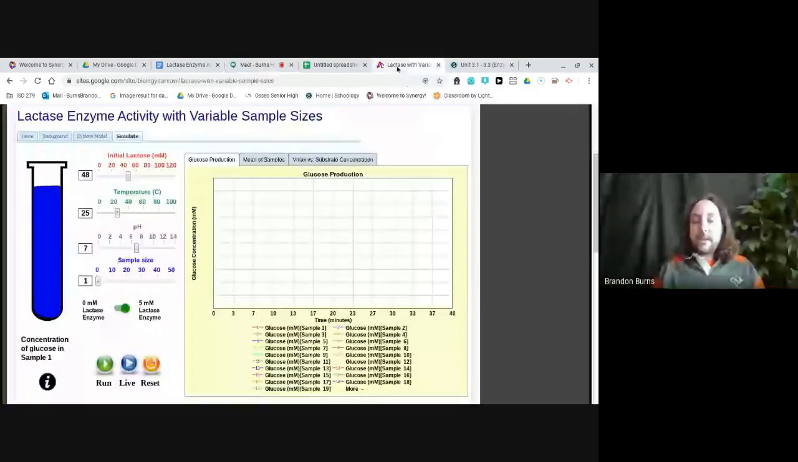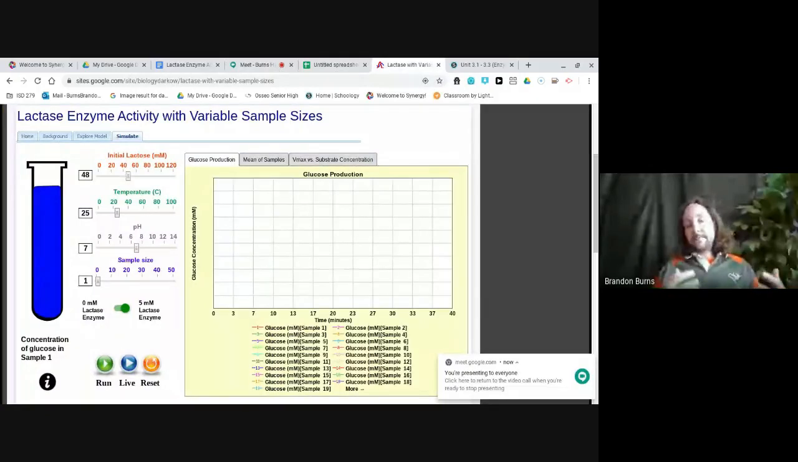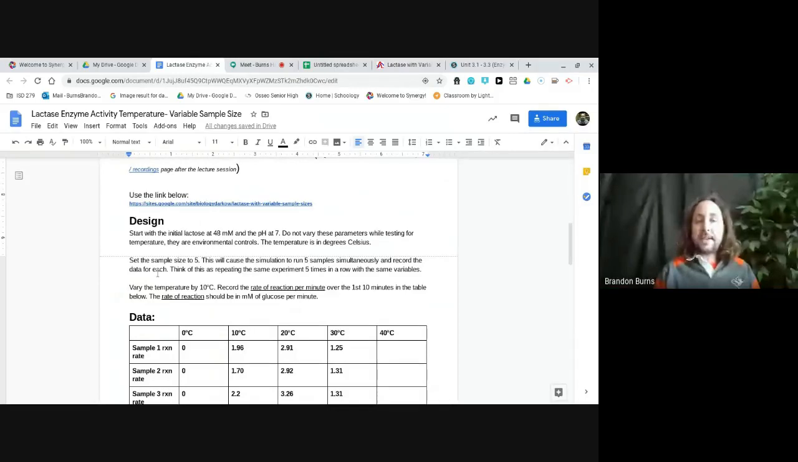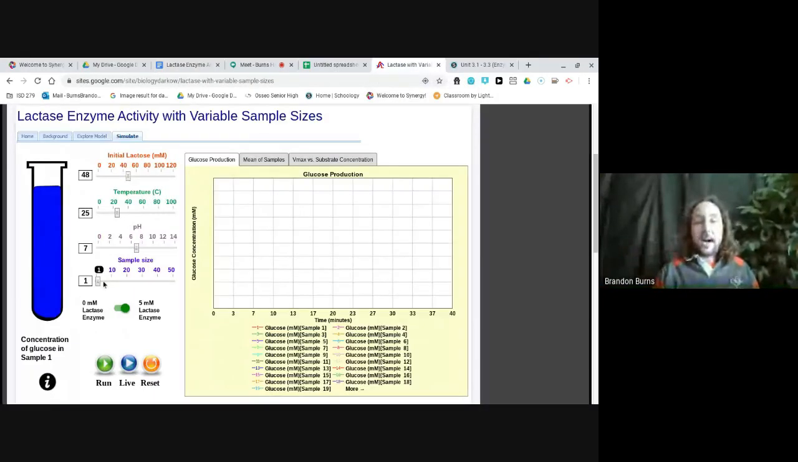So I'm not going to vary those while I am running the experiment, because what I want to test is the effect of temperature. So if I look at the lab, it says set the sample size to 5, which will cause the simulation to run 5 samples. This would be like if you had 5 different test tubes and you were running the same experiment 5 times. The nice thing about this digital simulation is it'll just do it 5 times for you, and you can see